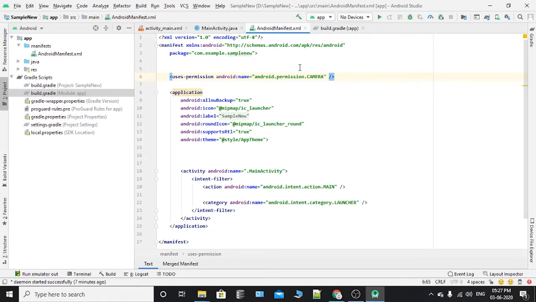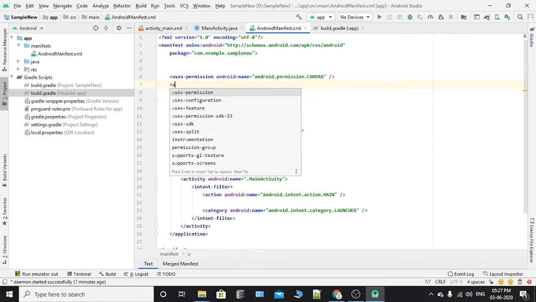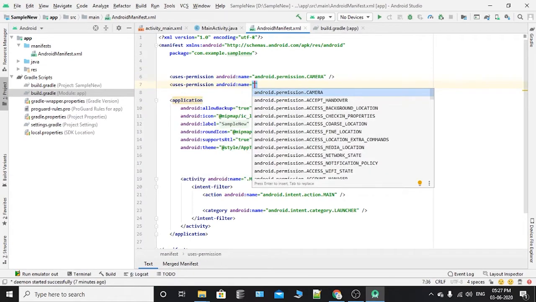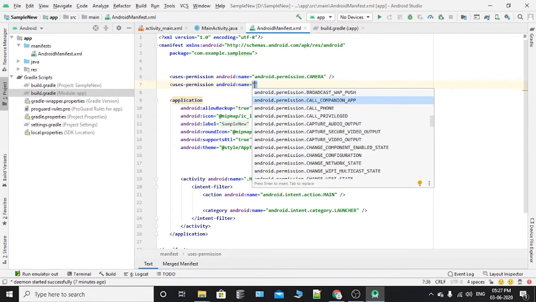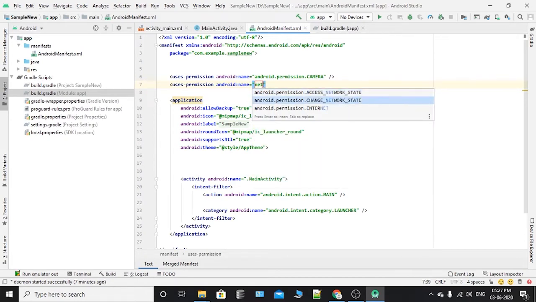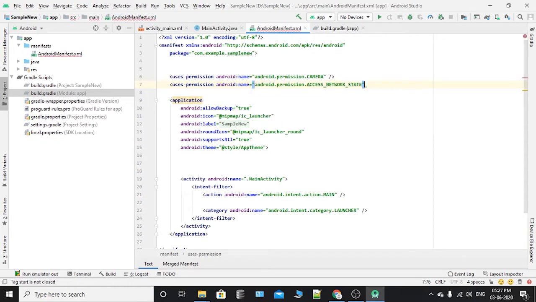Okay, for example, if you are asking permission for network state, you click on it. I can go users permission and click on access network or network. You can see network state or internet. You can give both. Okay, I am using access network state, so this will enable permission. These are the basic things we need to know in Android manifest, and there are some other things, but I can explain them once we delve into the project.